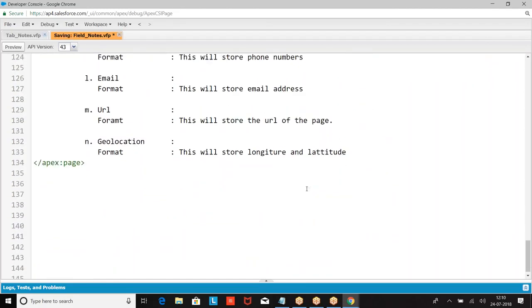So with the help of these data types, we are supposed to create the fields. That's what we are going to see in the next session. But first, if you want to create a custom field, we need to understand what are the data types we have. According to that, we'll be creating the fields. Still, some more data types are there. We'll be looking at them in the next session. So, any queries from today's session?